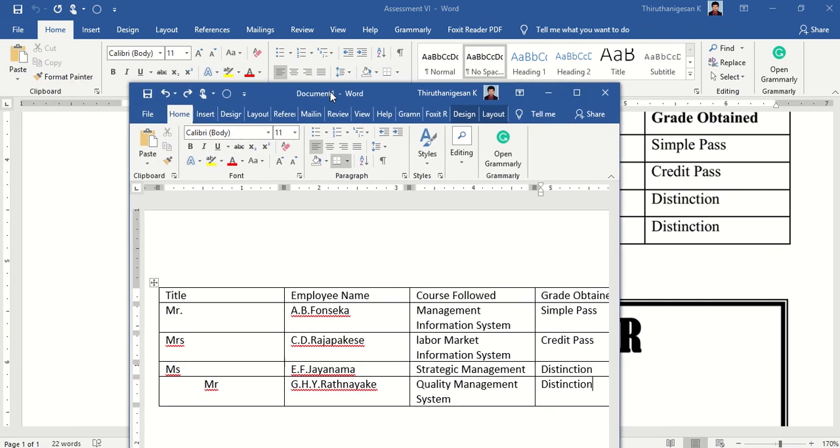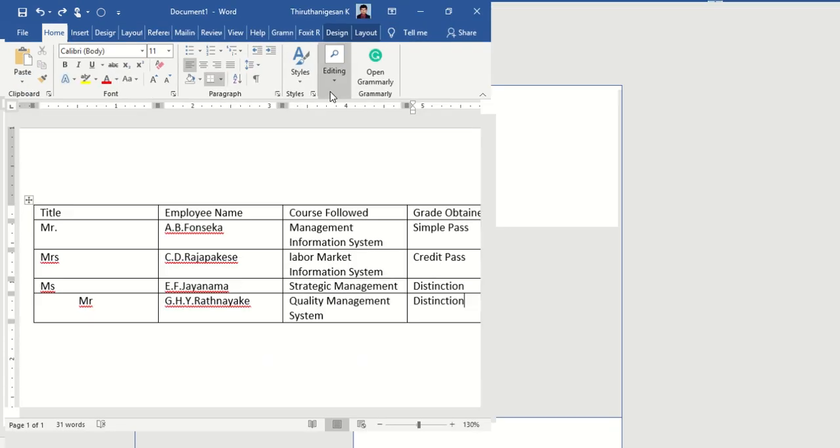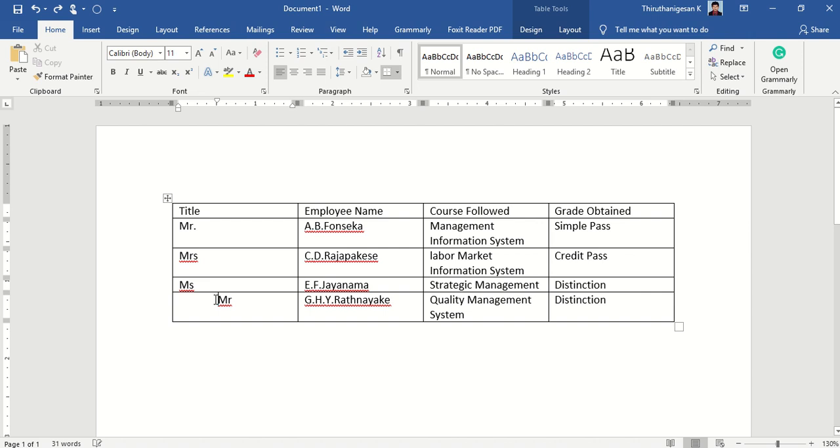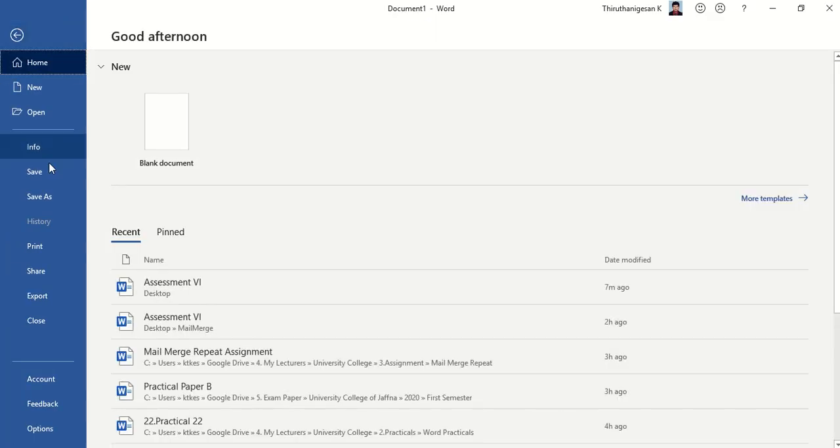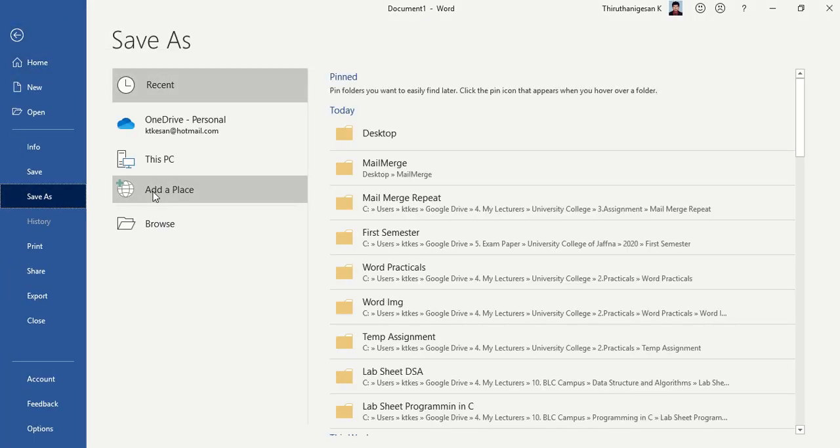Okay, so once you have prepared that data sheet in your Word document, initially you want to save this as a separate document. So here I am going to save file, save as, browse.